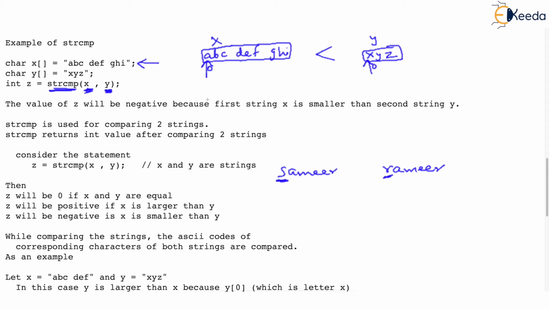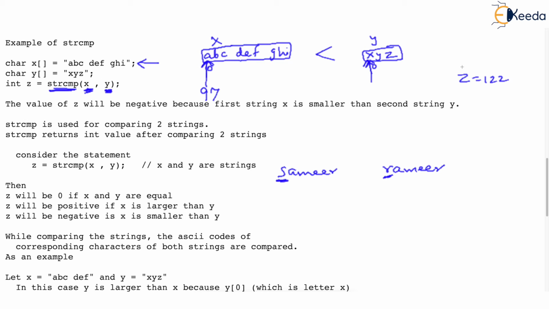By the way, one thing is sure, after comparing A with X, strcmp knows that these corresponding letters are not matching. So surely two strings are not equal. Now there are two possibilities, less than or greater than. So what strcmp does, it compares ASCII code. Here we go. It takes ASCII code of A. Recall ASCII code of A is 97. And it takes ASCII code of X.